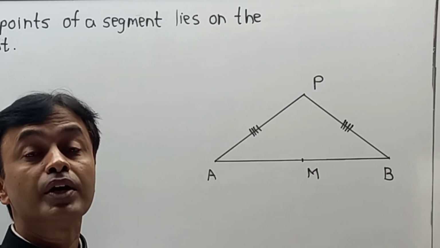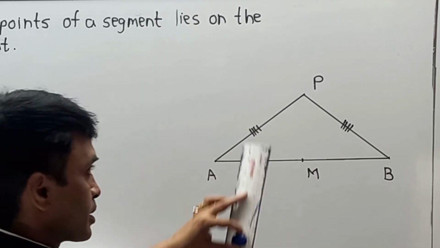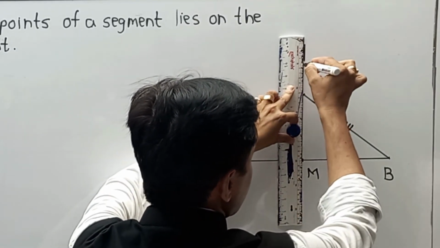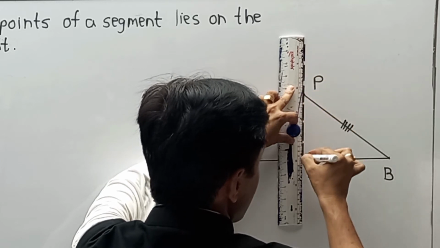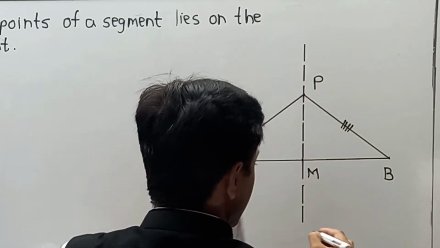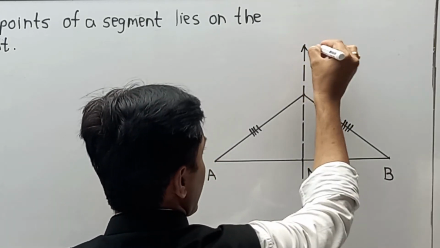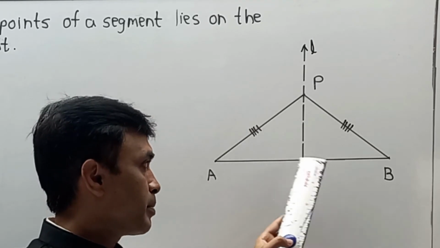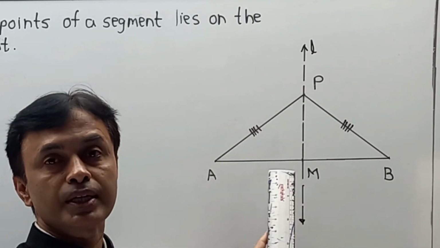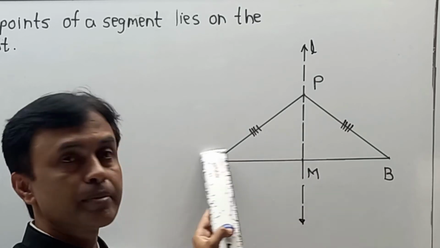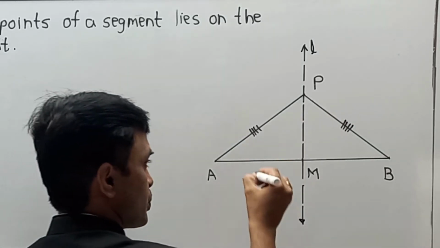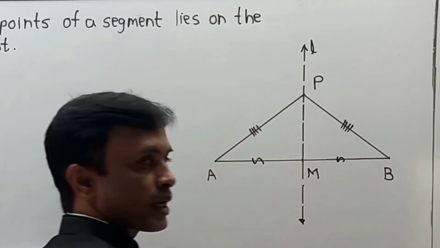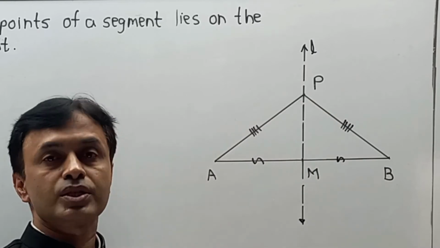Remember, it is not given, we have taken, means it is a construction, means we are going to construct one line which passes from P as well as M over here, and again we can call this line as a line L. Remember, we only know that M is the midpoint of AB, we have taken as a construction, and taking M as a midpoint we have joined P with M, means we know that A to M, this distance equal to B to M, and after that we have drawn this construction over here.